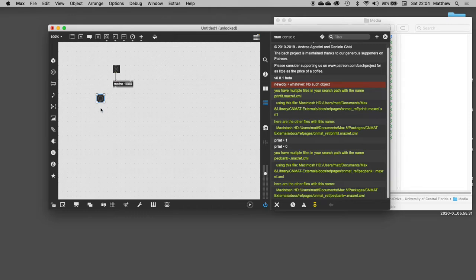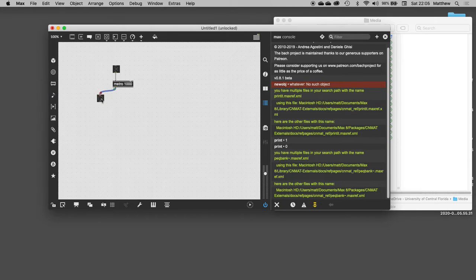This is an object that just outputs a bang when we click it. So similar to a toggle, we can click it, but as soon as I let go of the mouse, it turns itself off. And it doesn't actually send an off message, it only sends a bang on the click. It's more like a momentary button. So if we connect this up, right, it's going to